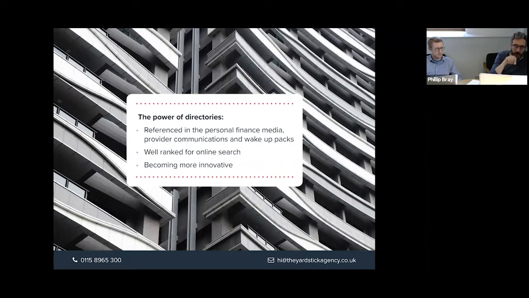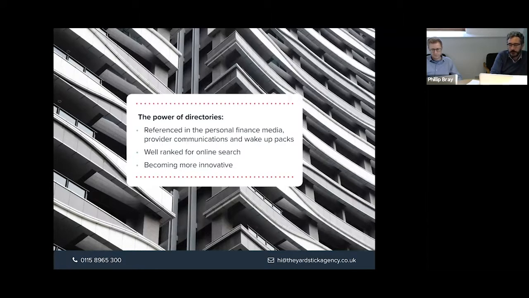And in there was a line basically saying, if you need professional advice, go to Unbiased. So certainly Unbiased and Vouched For have a reasonable profile amongst people who are interested in personal finance. They're both well ranked on online search as well.